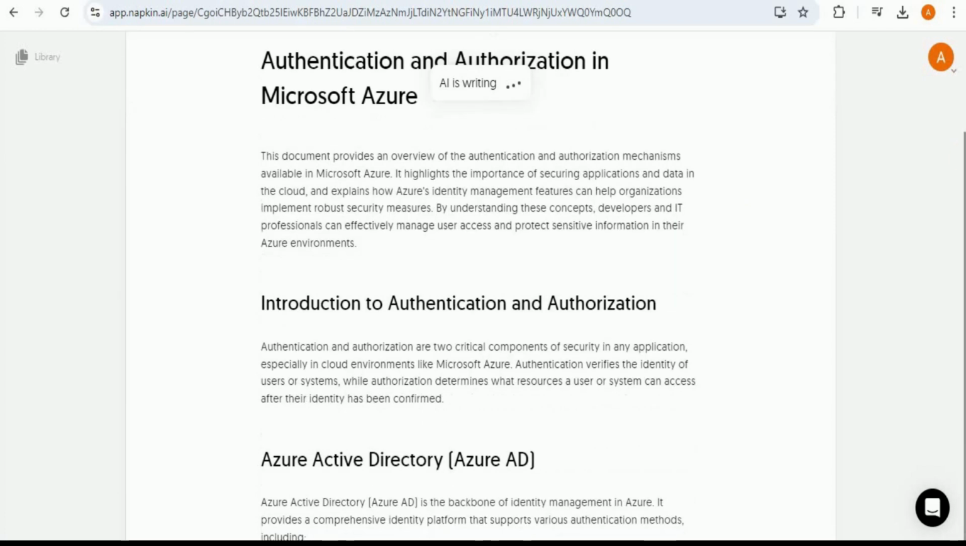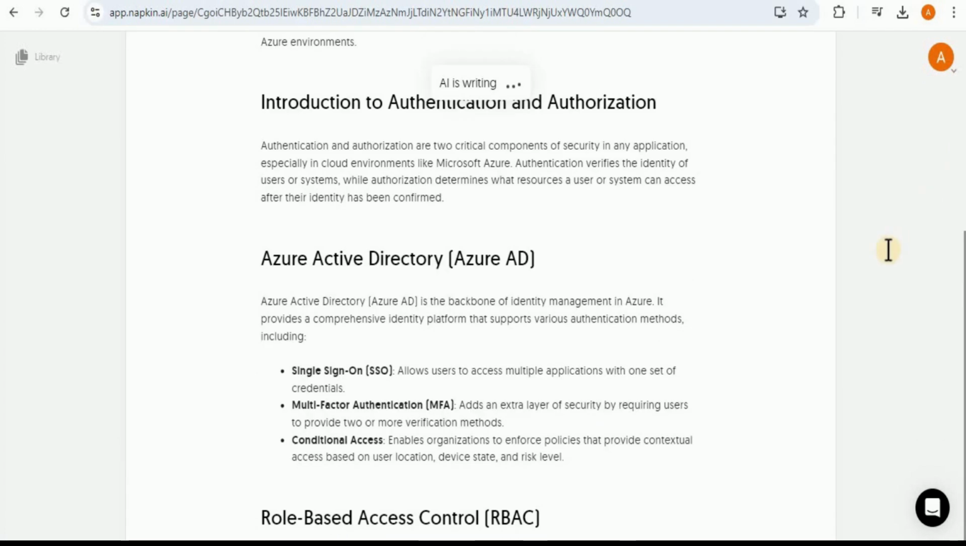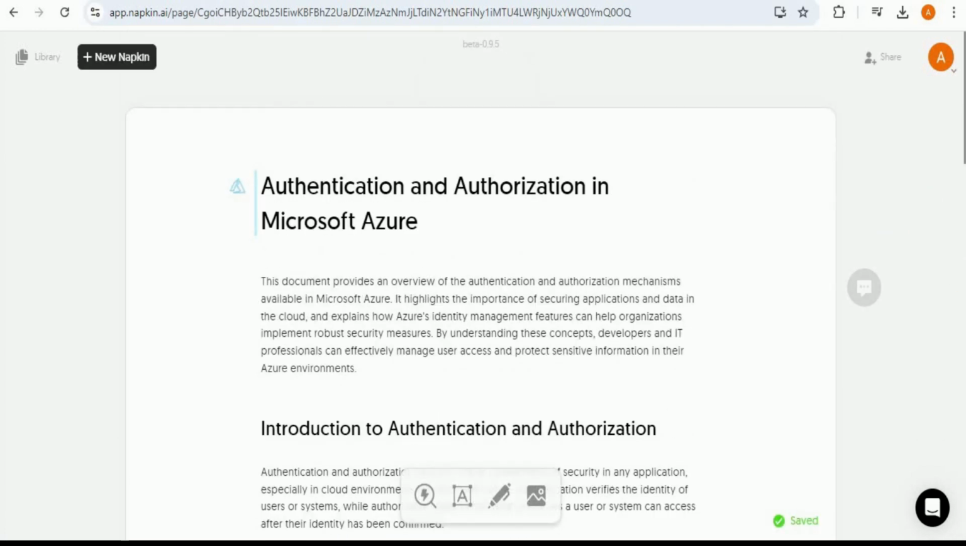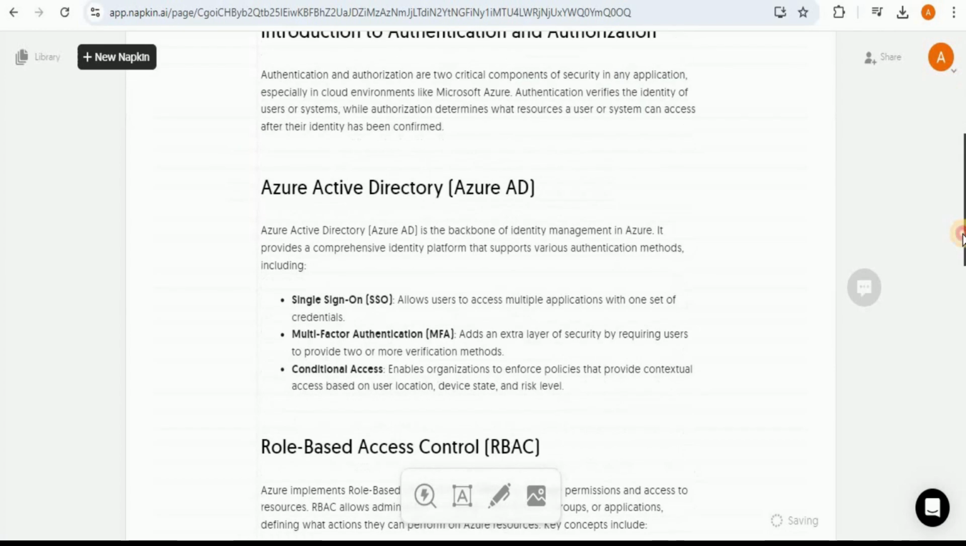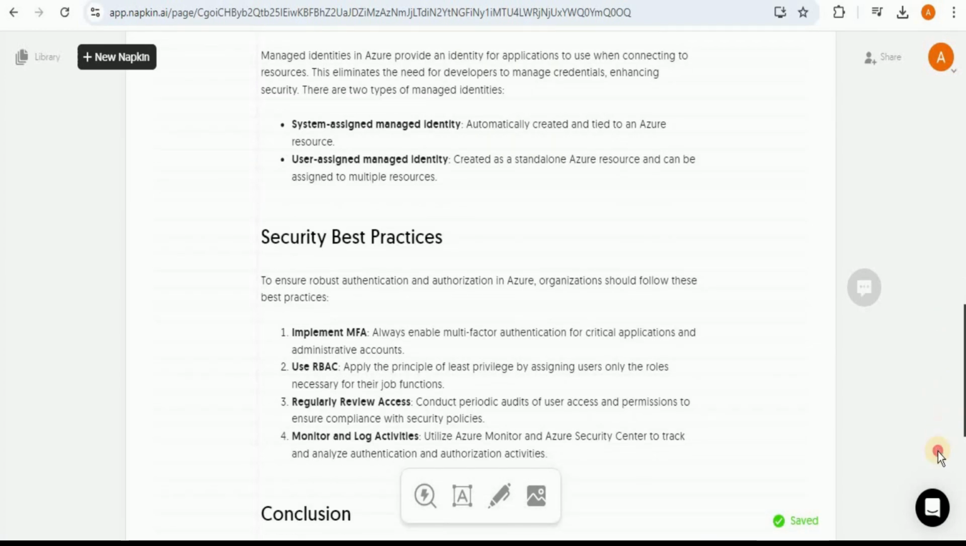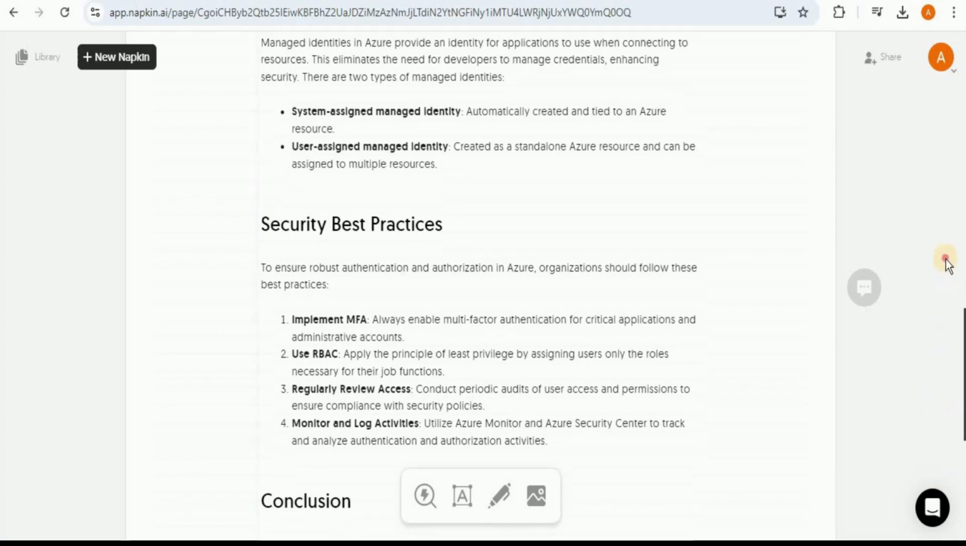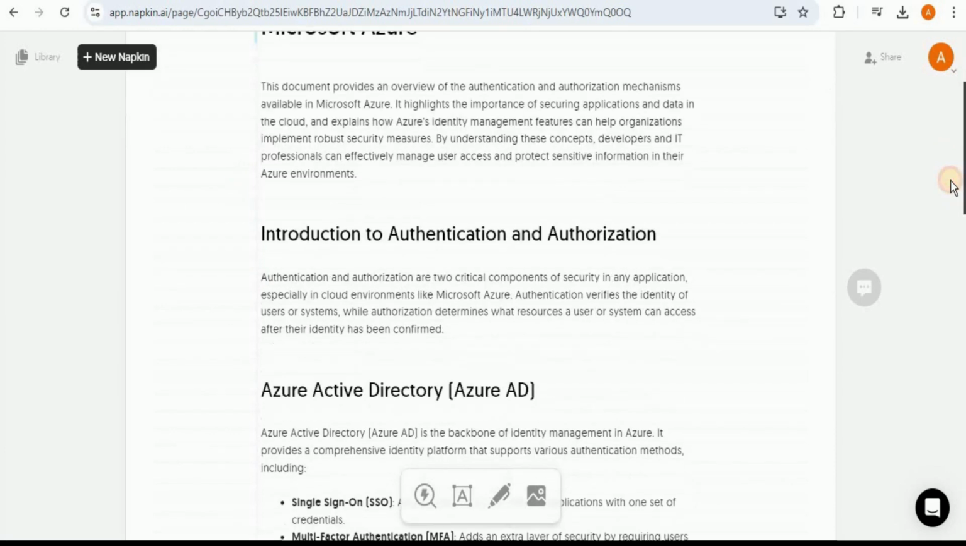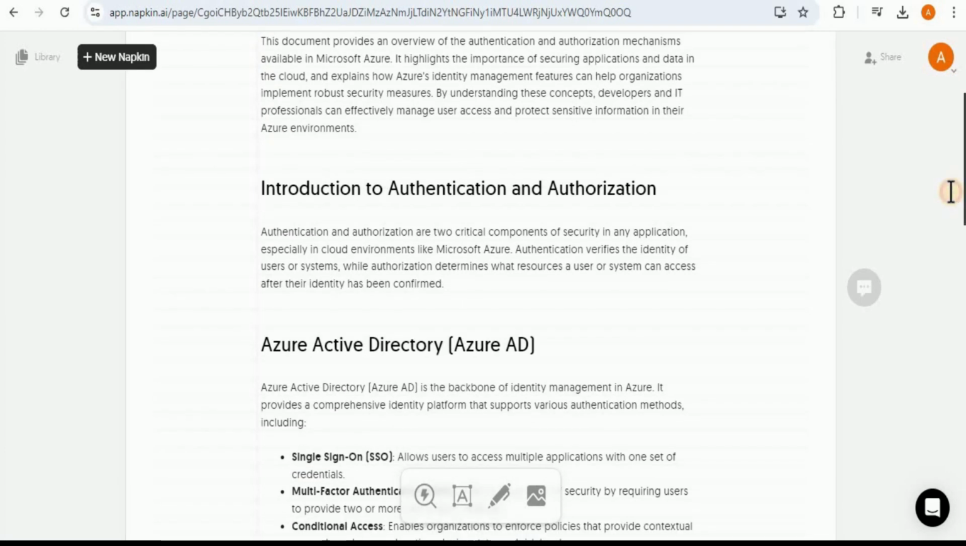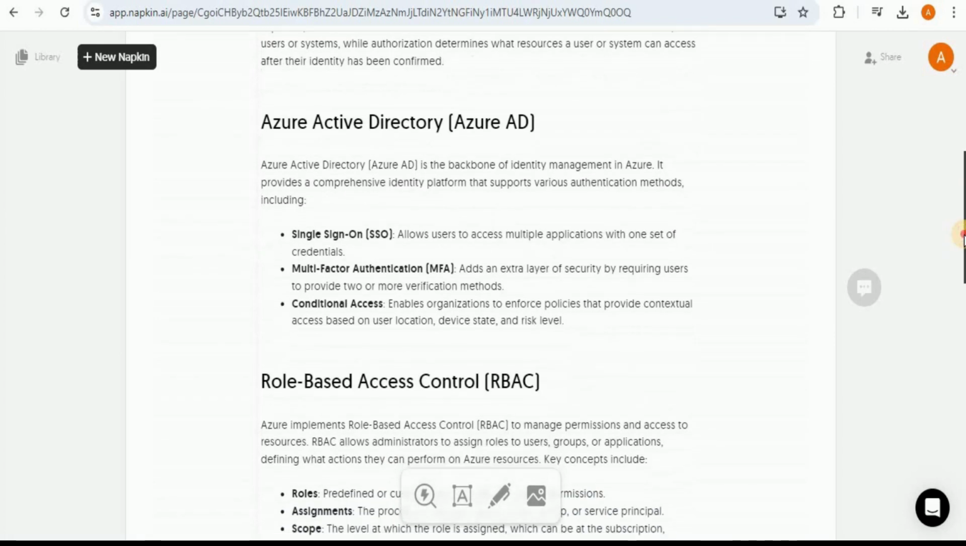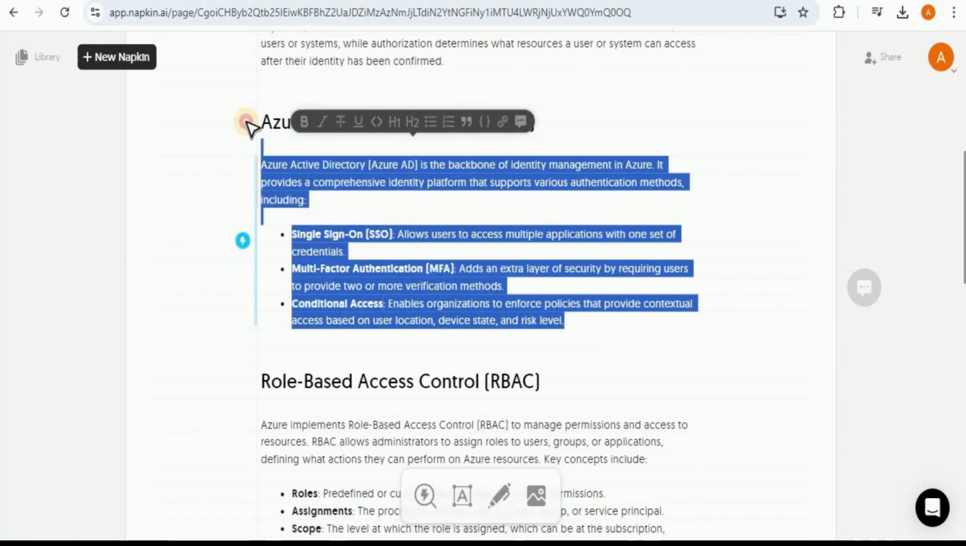And within a few seconds, it will start generating the text for the prompt which we provided to it. So you can see that it is provided as an extensive blog-like format for the authentication and authorization in Microsoft Azure. And here you have different options. If you want to have visualizations for all of these separately, you can do that by simply selecting the text